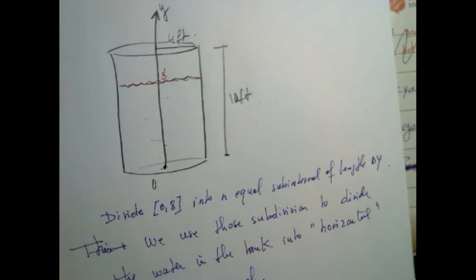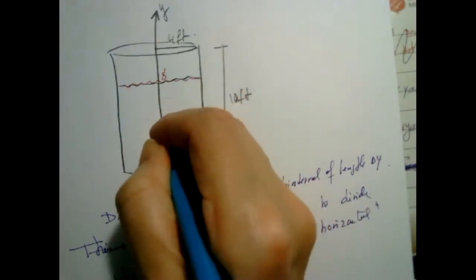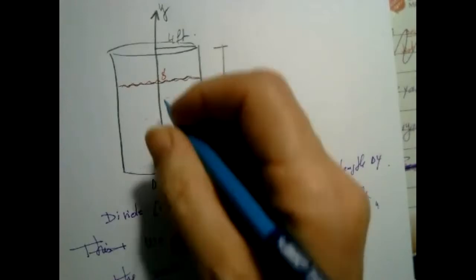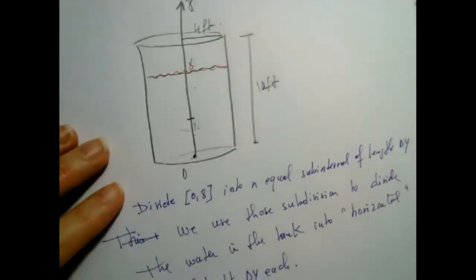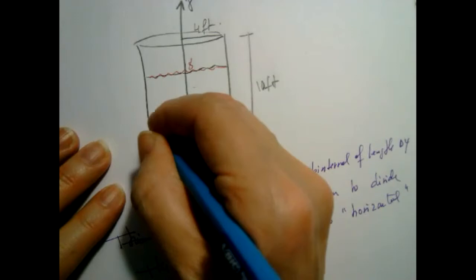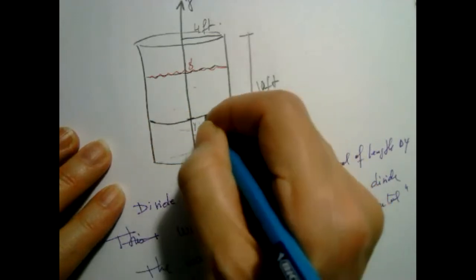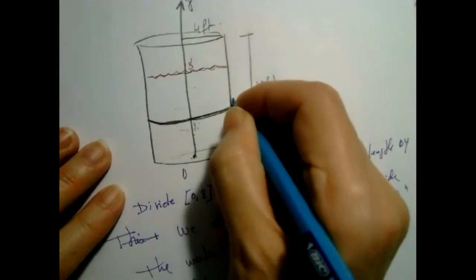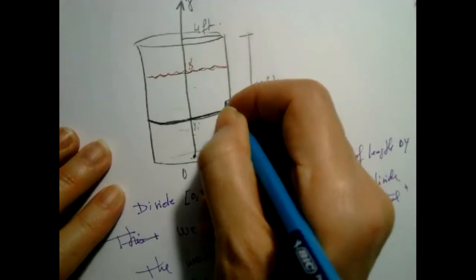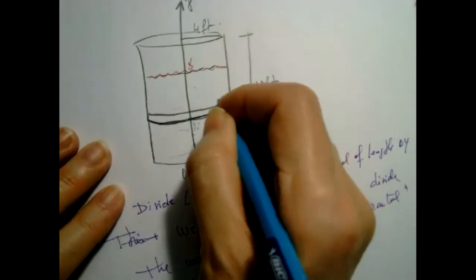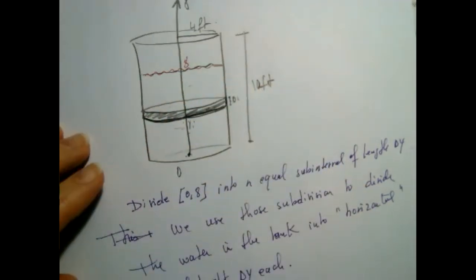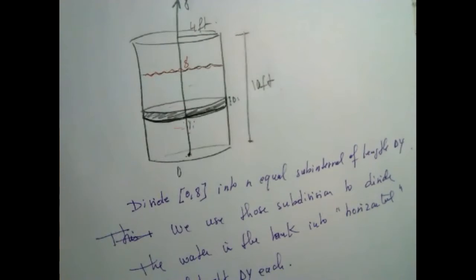So I'm going to divide this into layers. Let me take this subdivision. Suppose this is yi. It doesn't have to be in the middle, not at the bottom, not at the top, somewhere there. So this is my yi, and I'm going to do my subdivision. This is my layer here, my little disk. That's the delta y, which is very, very tiny. And this is a typical layer. In your mind, I'm dividing the whole tank into layers, but I will concentrate on one